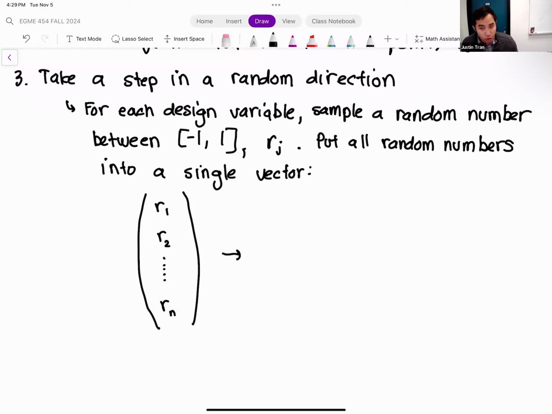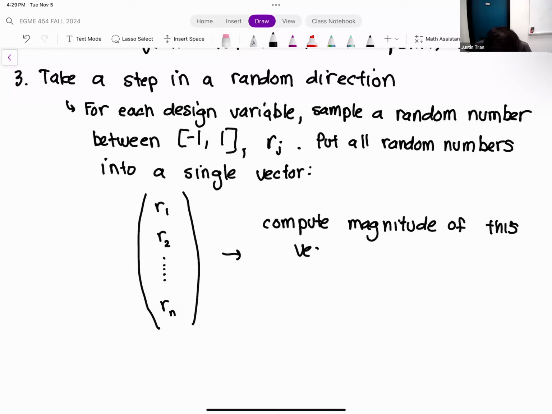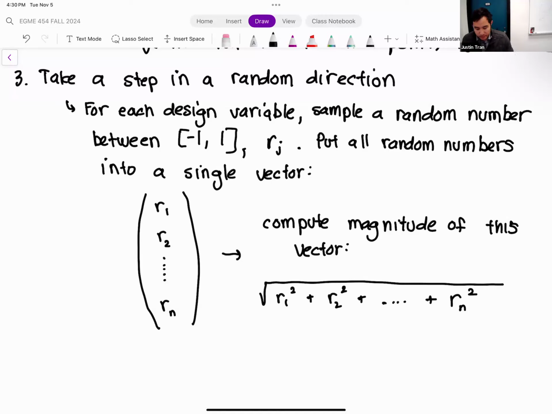Next, we need to normalize this random direction. So we're going to compute the magnitude of this. We're going to use our distance formula to compute the magnitude: square root of r1 squared plus r2 squared plus ... plus rn squared.